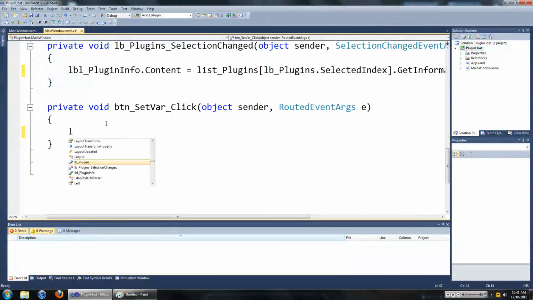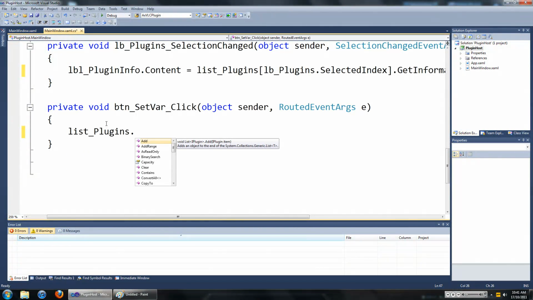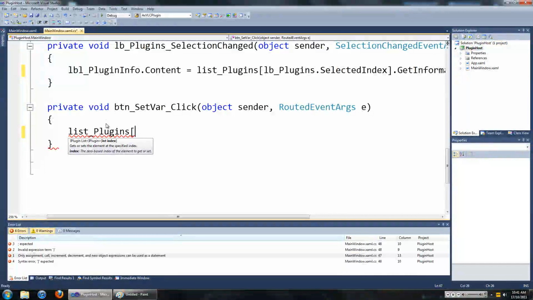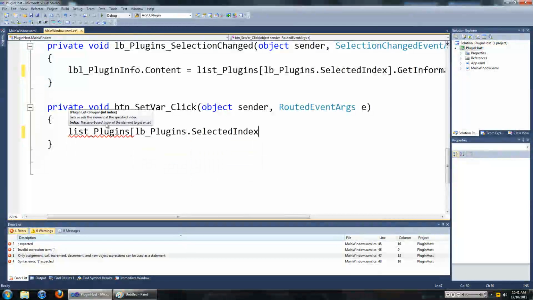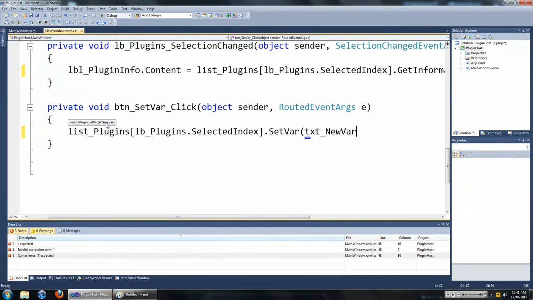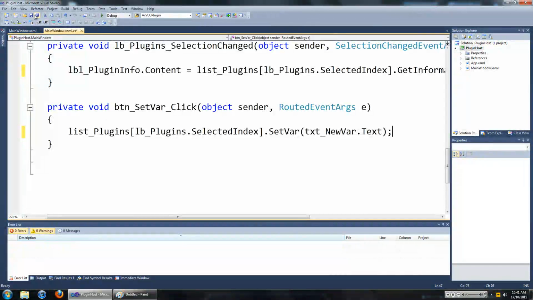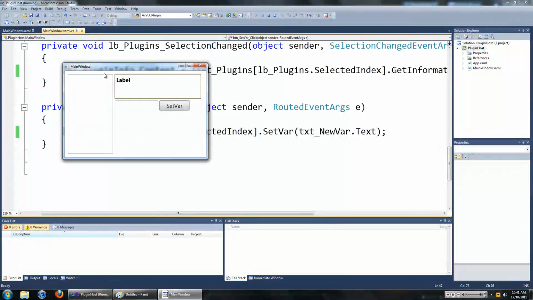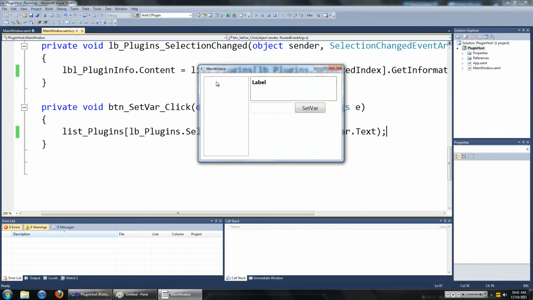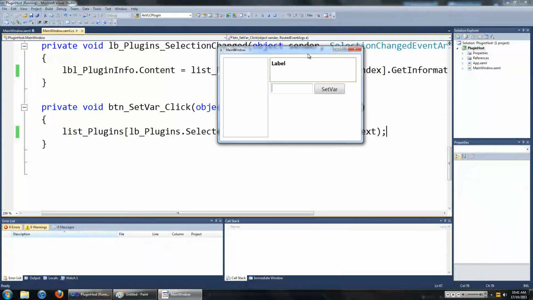So we're going to go listPlugins, then listBoxPlugins.SelectedIndex dot SetVar, and the input is from textNewVar.Text. I'm going to save that. If you run it now, you won't get any errors, but your program will do nothing for now because we have no plugins yet.